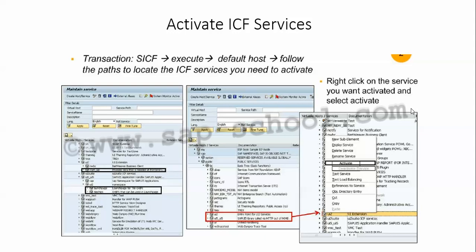So if I go back to my system here and if I go to the transaction SICF, so under the SICF if I go here on the execute under the default host, so we can see the path from here.